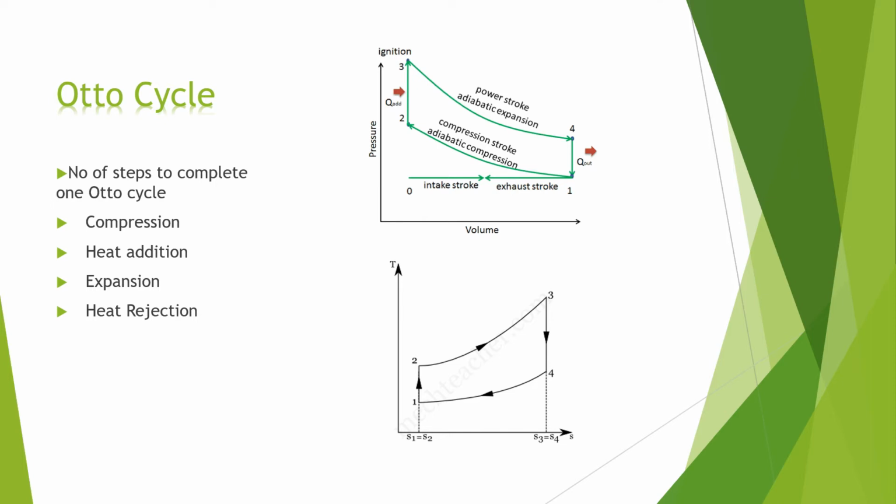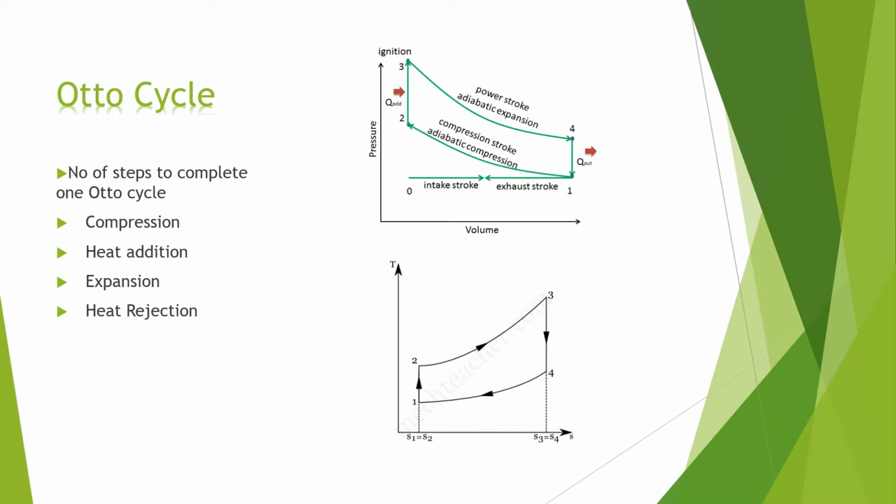And as we can relate to our PMM1, that is perpetual motion machine of kind 1, when we have taken some useful work by addition of some heat, there will be some loss of heat at the end of the expansion process. So after the expansion process, the heat is ejected to the atmosphere at constant volume.